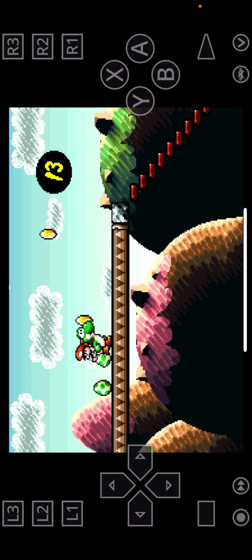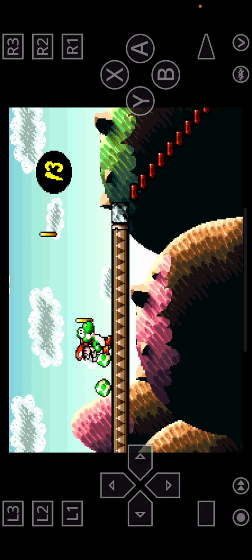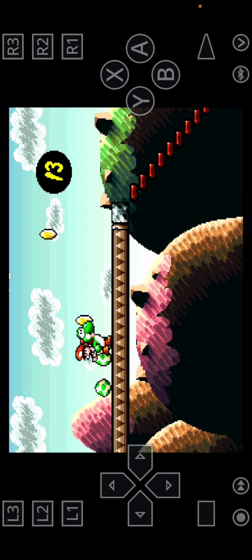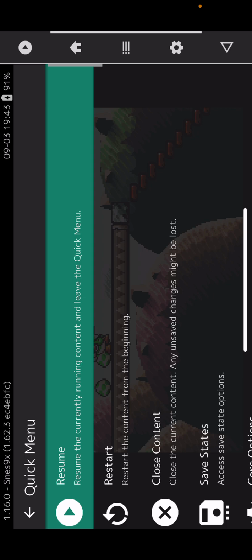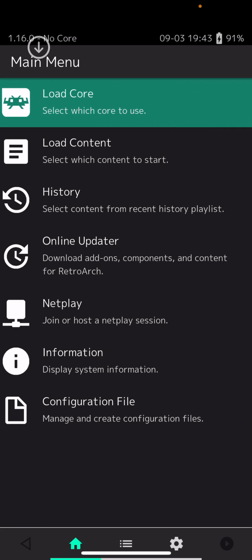Oh, I forgot to mention, to close out the game, you click on the Retroarch button here, and then you click close content. Okay, that's the first way to play games. That's the easiest way. If you want to make your games have box art and appear by system and everything, you could go on at the bottom of the